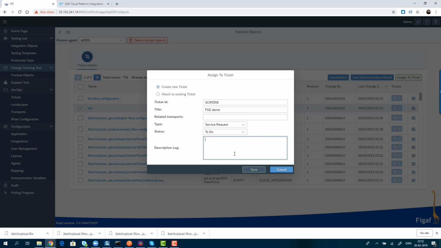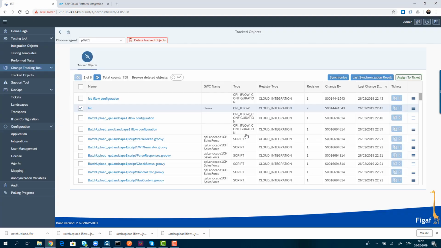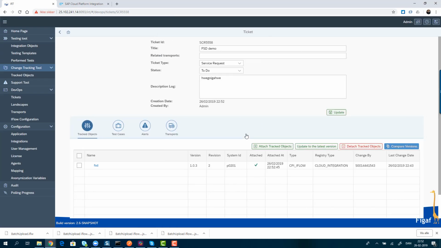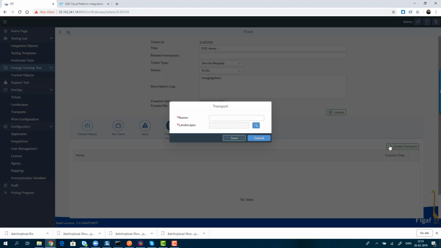You have a small versioning here, just so you've got something to write and document what's going on. And you can now see we have created our version. We can test it if we have set up test cases for it. And we can now create a transport. And when we're creating a transport,